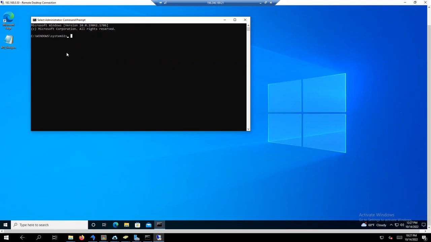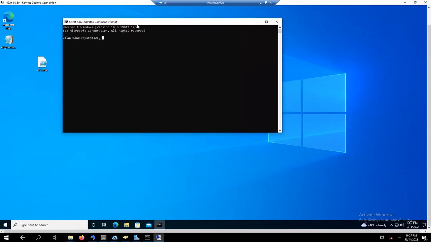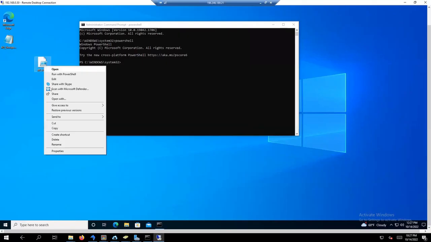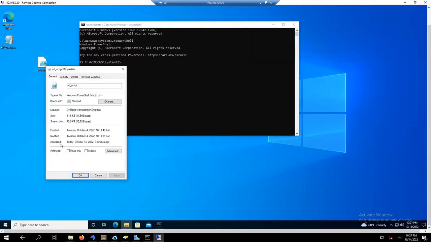So the first thing is, you have the AD script on your machine, and you have to make sure that this is on your machine. The first thing would be to enable PowerShell by writing the PowerShell command. Just type in PowerShell, and it will enter PowerShell mode. Now what you have to do is give the path of this script, as to where exactly this script resides. I'm going to go into properties, grab this path,